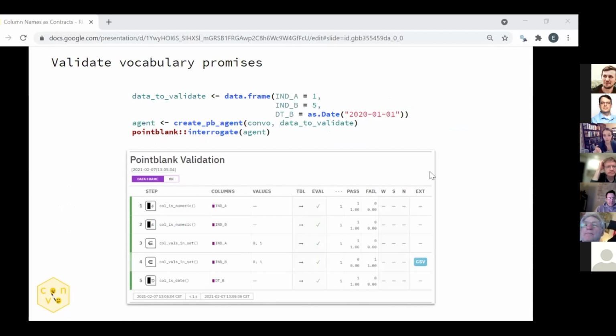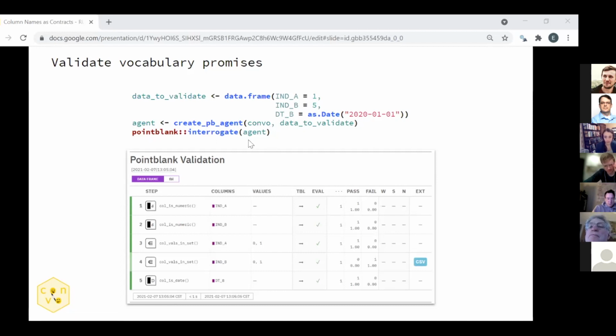So next up, we've confirmed our vocabulary has good properties. We've confirmed that the variable names in our data set adhere to the vocabulary. Next, we have to check that the data itself actually upholds the contracts that the vocabulary promised. And once again, here, the Convo package can play very nicely with Pointblank. The create Pointblank agent function takes all of the information out of the Convo YAML function we decided before, automatically generates the code that creates all those checks, and gives us an object that we can pass directly into